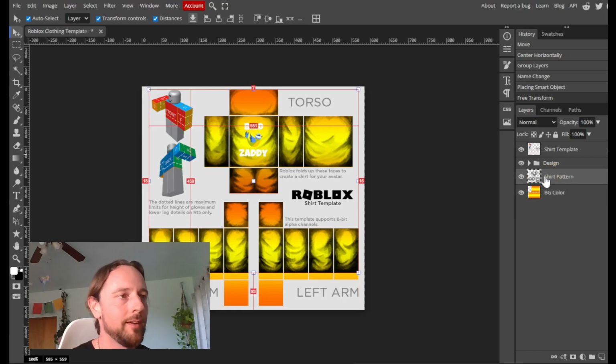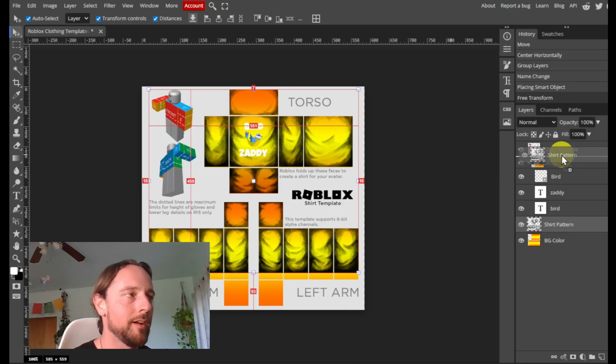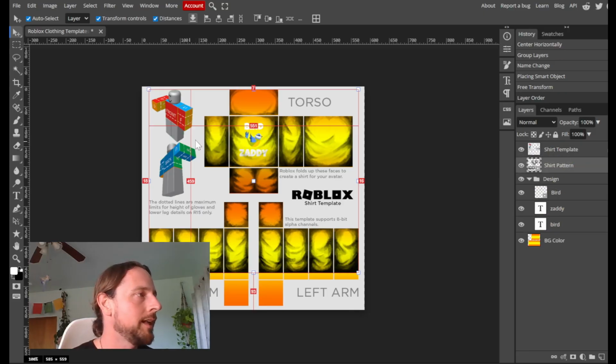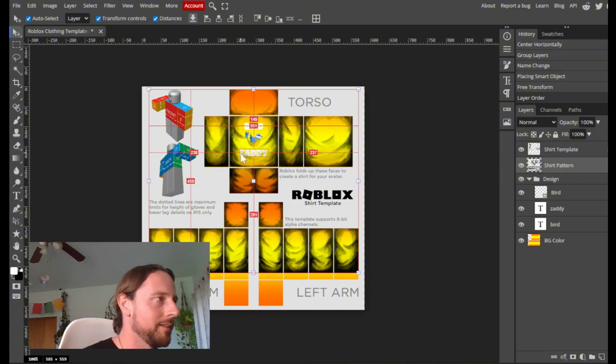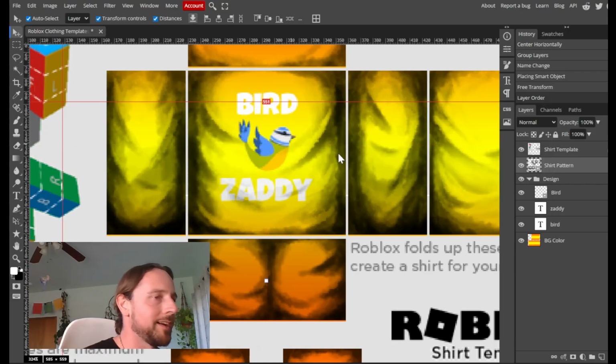My shirt pattern layer is currently positioned underneath my design assets. So if I move this shirt pattern layer above it, it's going to look a little bit more natural, where the pattern is incorporated into the text. But depending on the pattern that you're using, it can also make your artwork look a little bit different once you apply it. However,